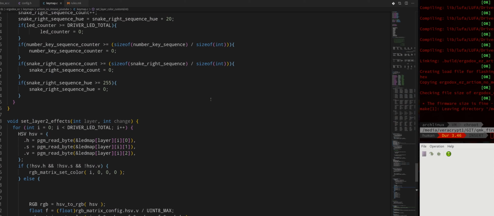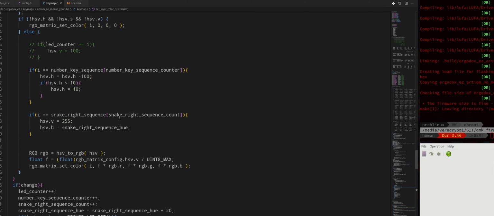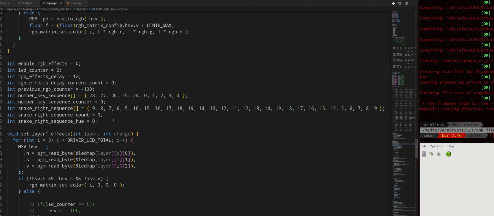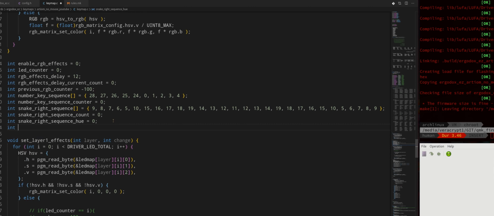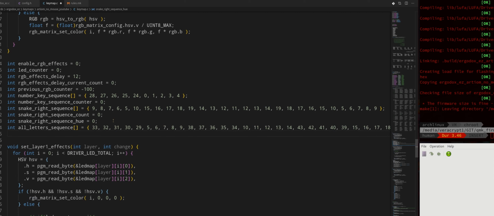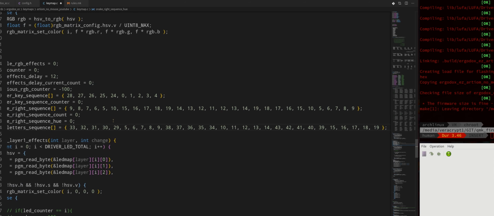I already did this, so we'll keep everything here. So int all letters sequence, then don't forget the brackets, equals like this, don't forget the semicolon,